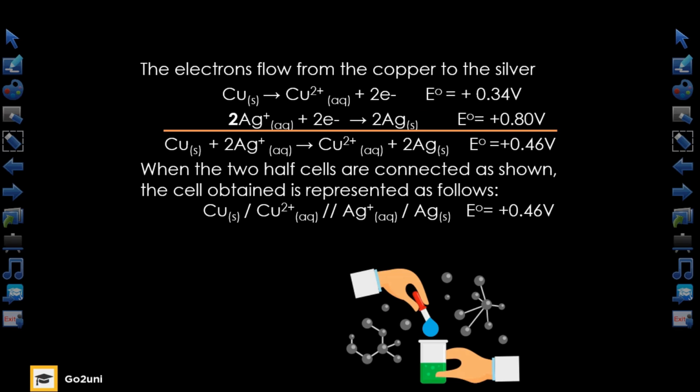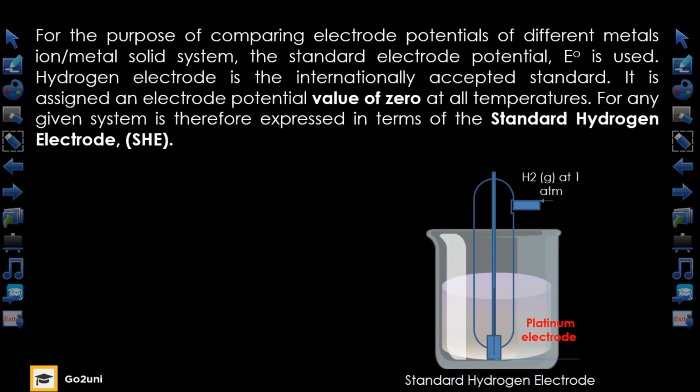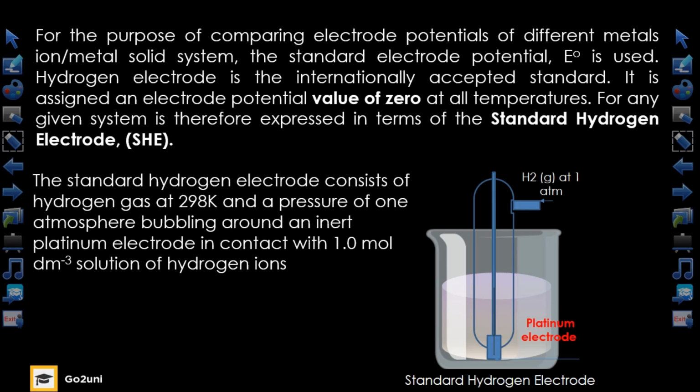Now, talking about still the electropotential of cells, we shall be looking at what is called SHE. SHE is standard hydrogen electrode. What is SHE? It is simply a system that is used to compare the potential values of different metals dipped in their solution. So, the SHE simply consists of hydrogen gas at temperature of 298 Kelvin, that's room temperature, and of course a pressure of 1 atm,